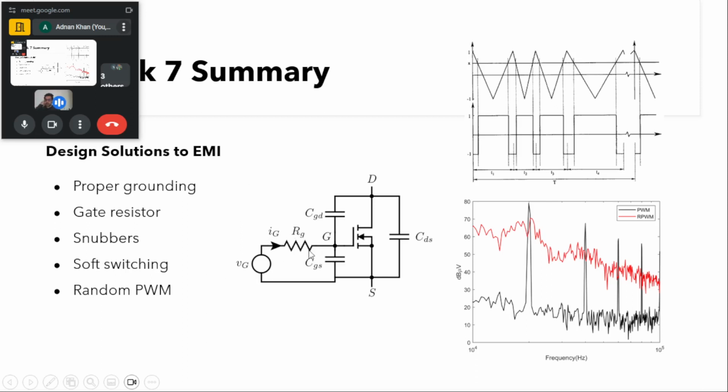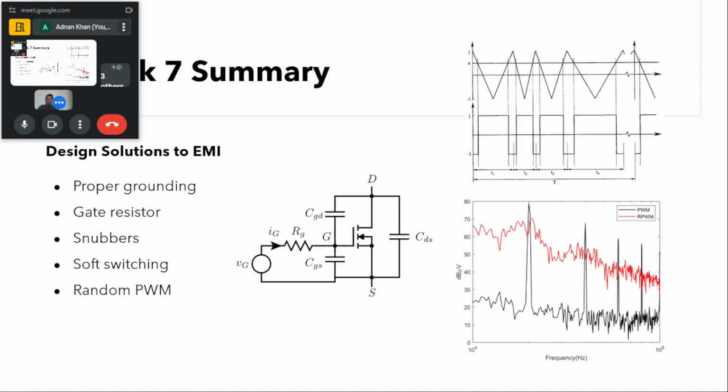And one way to do that is to have a higher gate resistance, and because of that our CGS capacitance will take more time to get charged, and because of that our turn on time will increase. Due to the higher turn on time, our voltage and current will take a higher amount of time to turn on and turn off, which can subsequently lower the dv/dt and di/dt,